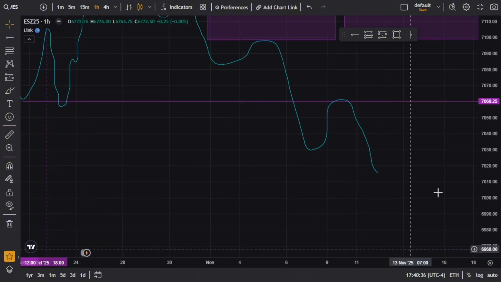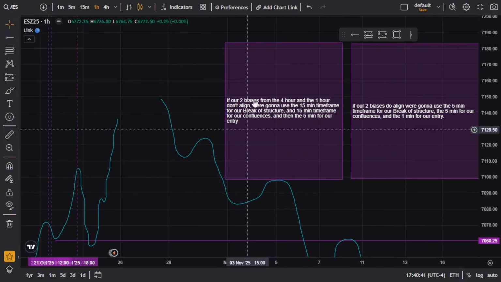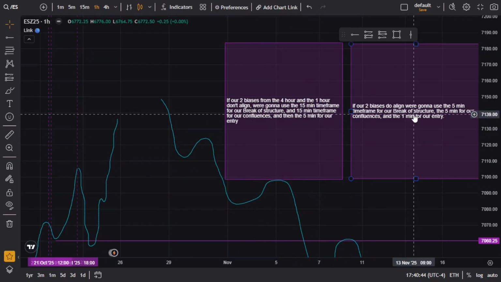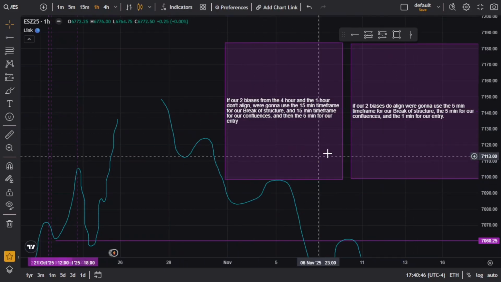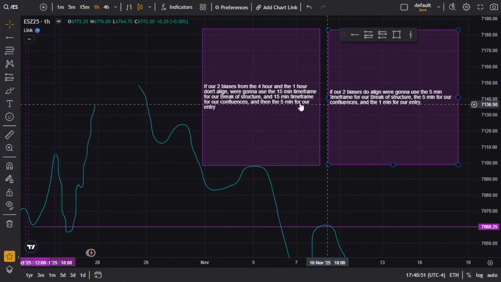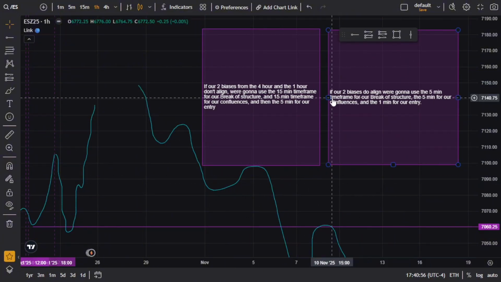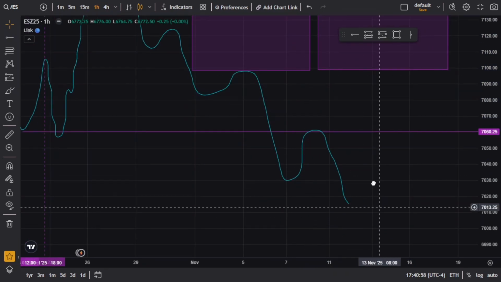I know it's annoying, but you're new and you need to get this through your head. If they don't align, look at this box. Write this down. If they do align, you're going to write down both of these, by the way, because market's not always going to be this one. It's going to be both. Okay? So if they don't align, we're using this box. If they do align, we're using this box. And always use ChatGPT.